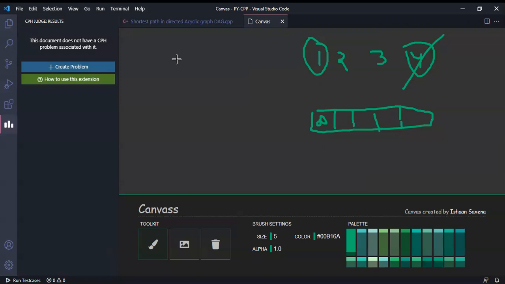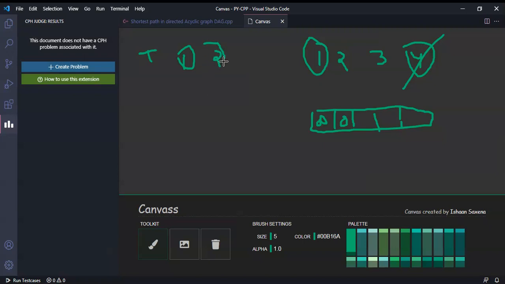We will simply pop the vertices from our topological sorted order. Let's pop the first vertex, which will be 1. So 1 is our source, so its distance will be 0. And our second vertex is 2.